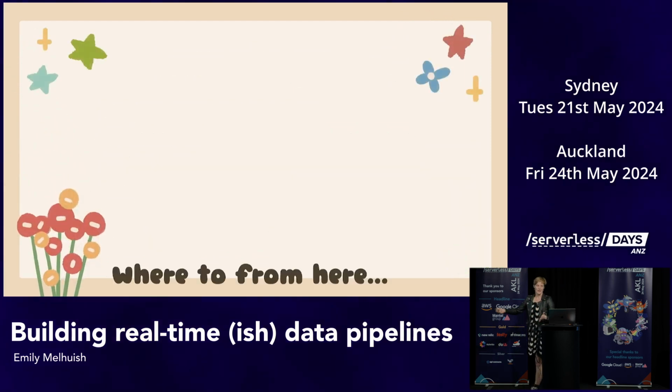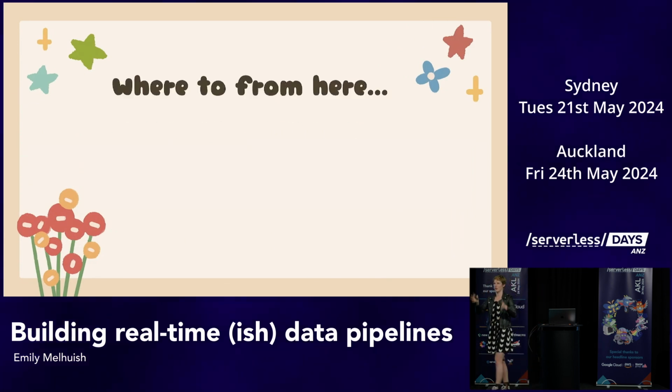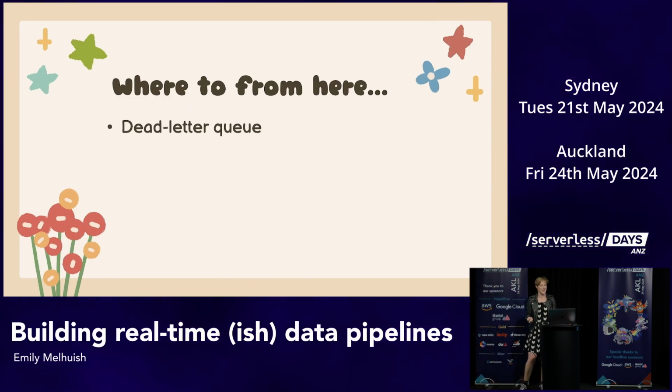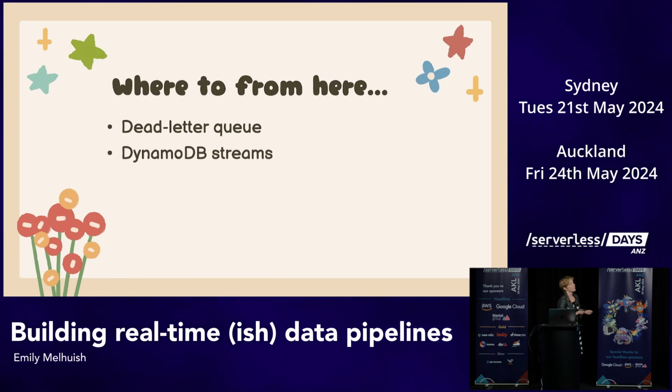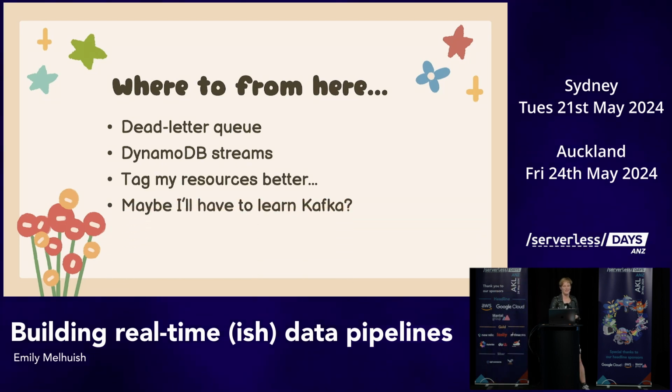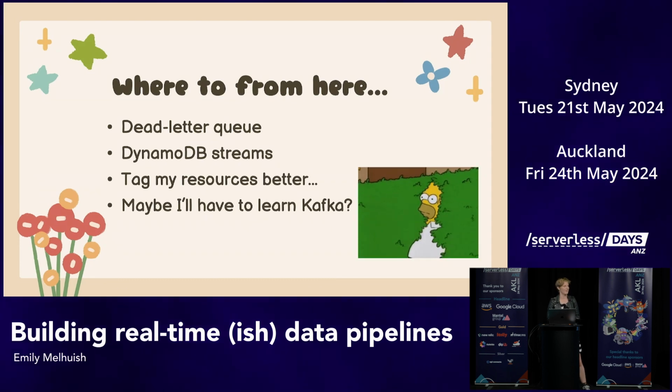Lastly, where would I go from here? You know, this is a perfectly good solution for right now where we are as a company. We're a startup, we're hoping to scale. So things I would look at next is a dead letter queue, like actually handling errors and being able to deal with that. We've just kind of been lucky so far that it's quite simple, that we're not having issues. Looking into DynamoDB streams, so we don't have issues with scaling up read and write. So far, it's low enough that we haven't had to worry. I should really tag my resources better, because that would help with cost estimations, things like that. And maybe I will have to learn Kafka one day, but not yet.